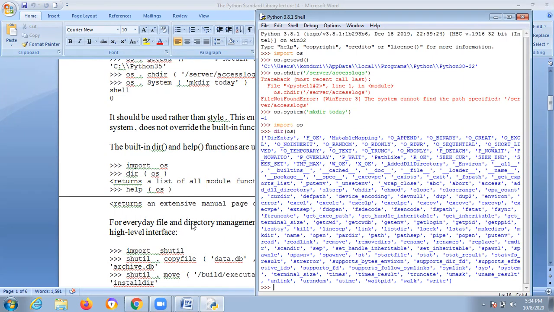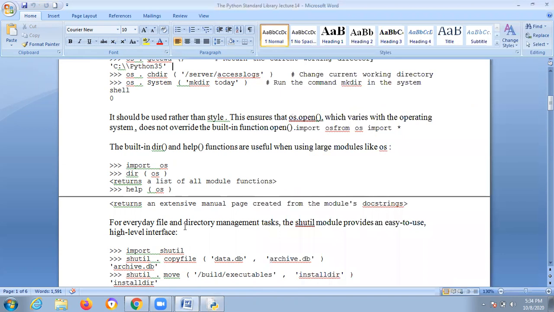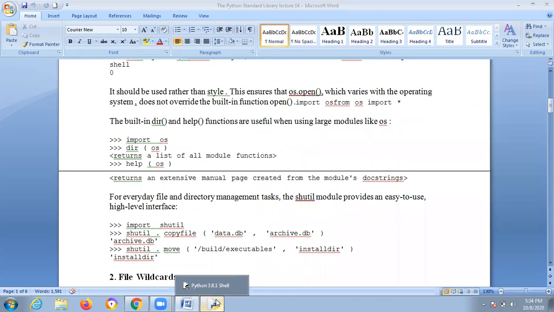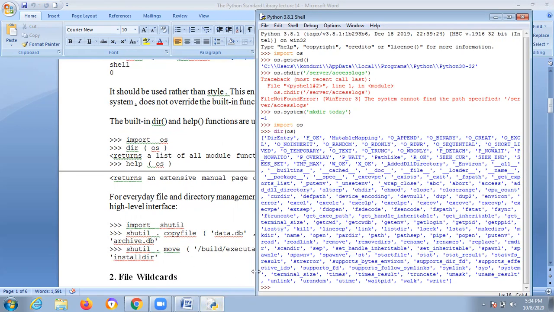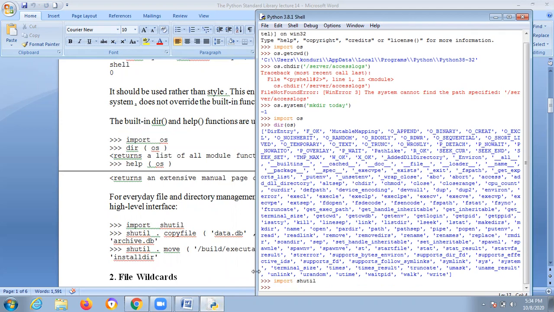This is the operating system module. One more thing is the shutil module, which is easy to use. Let's see it once. Previously we had os, now shutil, shutil dot. I'm explaining completely practically so that you understand how it's going on.